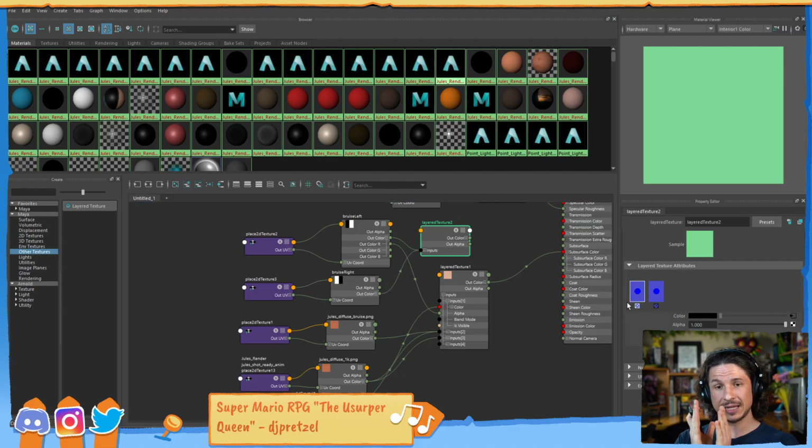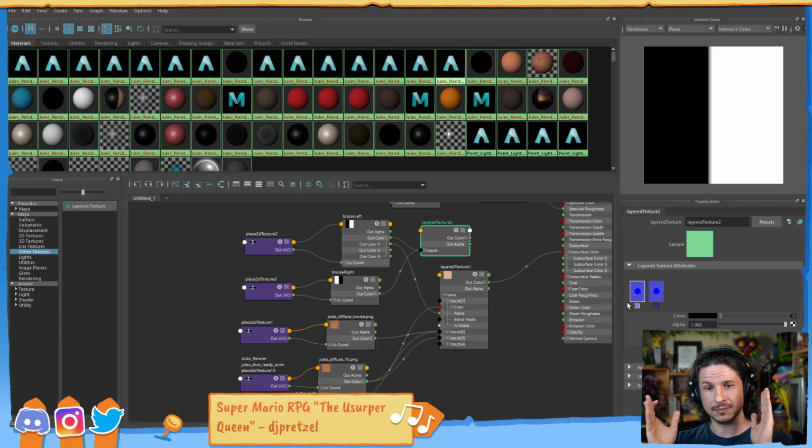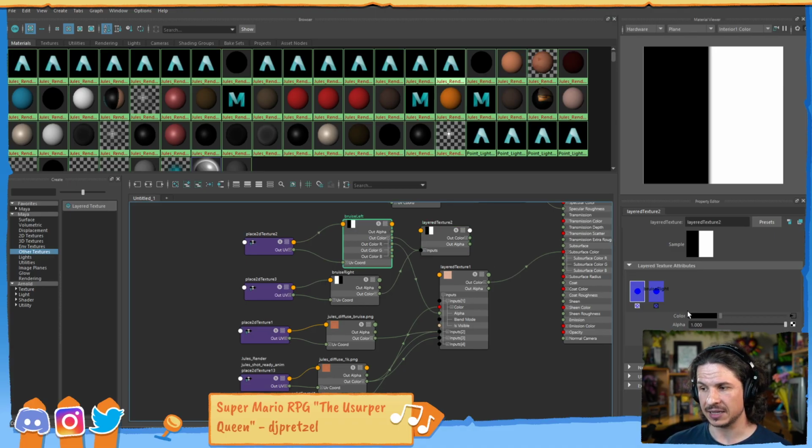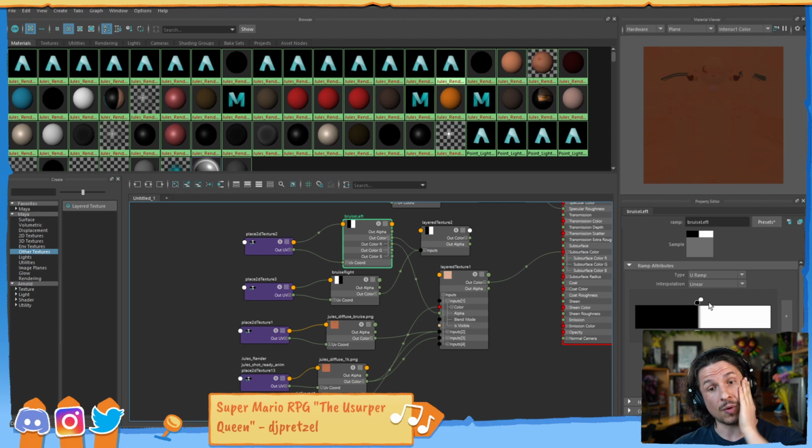So this is going to take both of those left and right masks and combine them. Now the way we combine them, this is where you can animate the ramp points. You can technically, I'm not a fan of it just because it's very hard to control. I would much rather control the alpha, but you can animate this if you wanted, like someone to wipe something